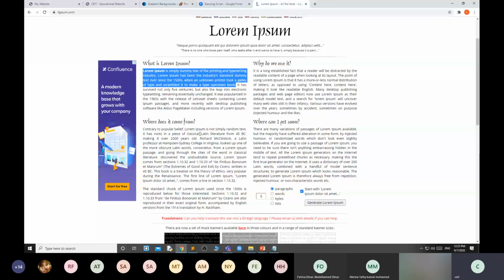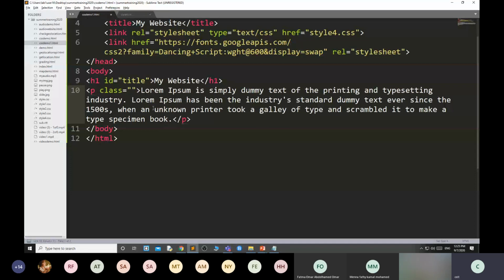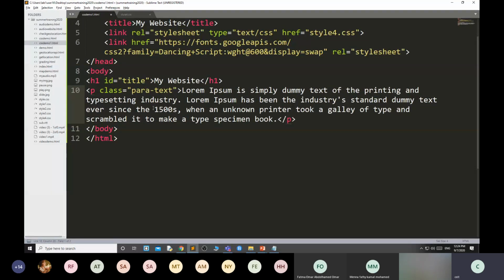Okay, and I'm going to provide a class here, class para text. Okay, paragraph text. You can also design it according to your need.